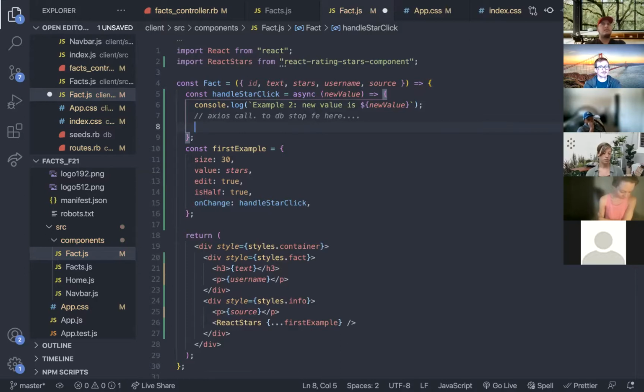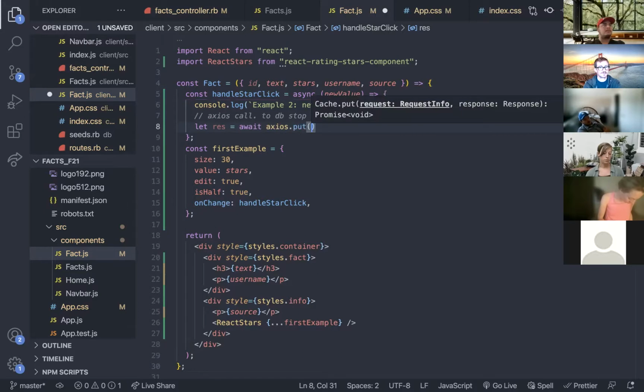And I can do this. Let response equal await Axios.put. Let's go to API/facts